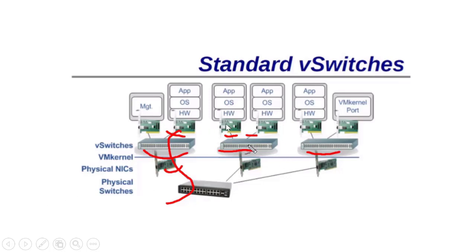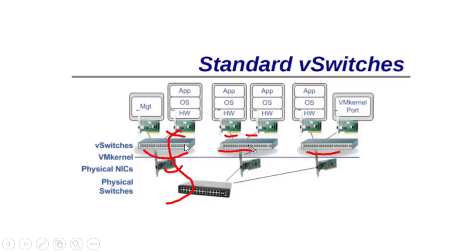Similarly, as you can see here, we have two virtual NICs, vNICs, which are assigned to a virtual machine, and there are two other types of port on a virtual switch. One port is called the management port. The management port is used to manage the virtual switch or ESXi host from a web browser. Another port is the VMkernel port. Basically, what is its function? Its function is to communicate with other network services like vMotion or clustering.